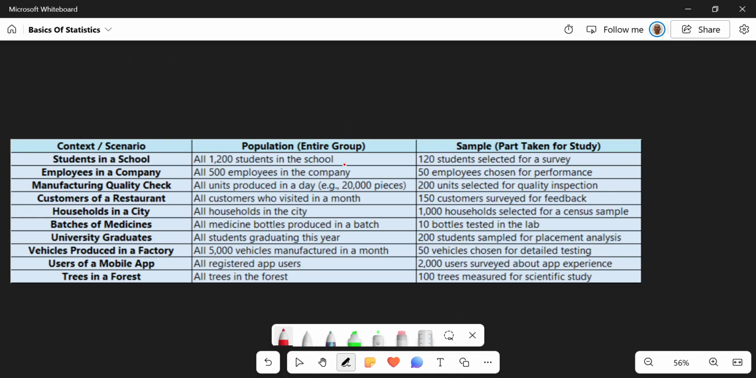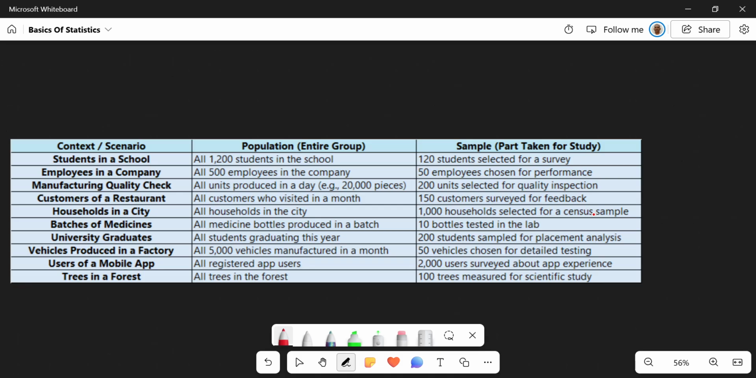This is a population. But I take only a sample, a small group of 120 students from 1200. This is a sample. Employees in a company: if there are 500 employees and I take all 500 of them, it is a population, but if I take only 50 employees, it is a sample, right? If I go to this one, households in a city: all households in the city versus only 1000 households selected